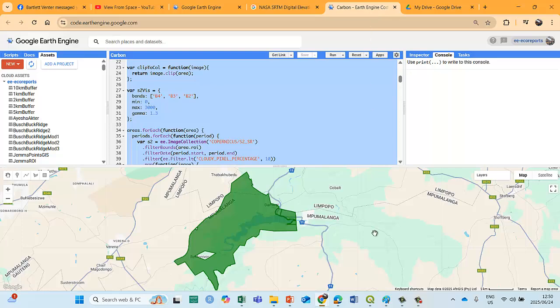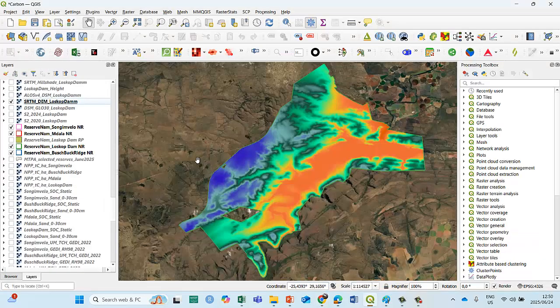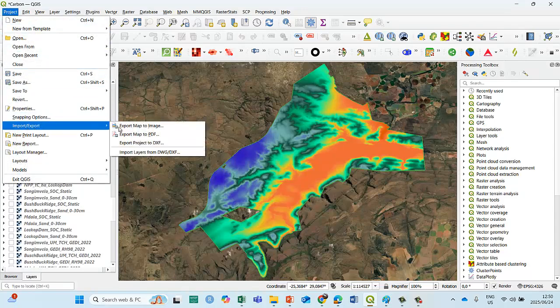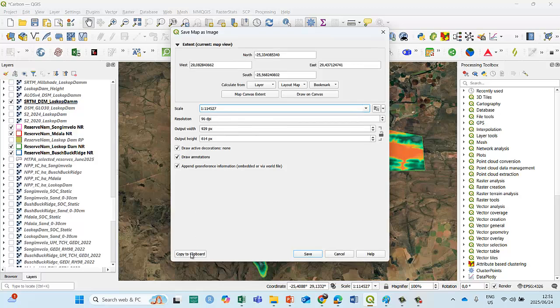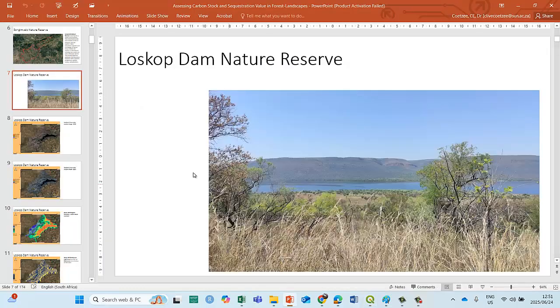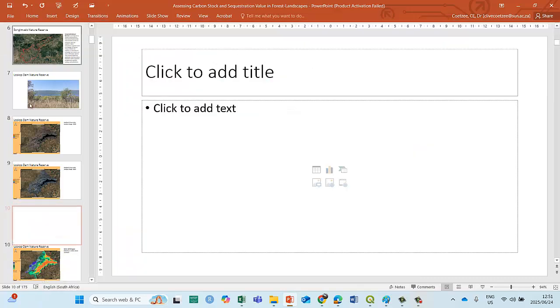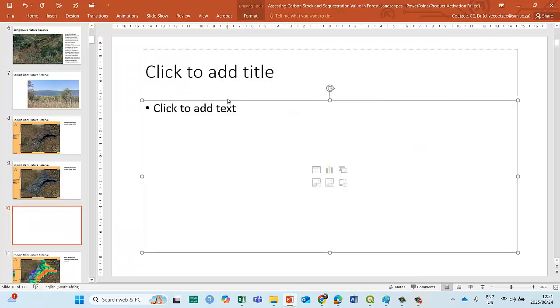Okay, so let's quickly go into my presentation and into QGIS. Obviously what I want to do is put this into my presentation. So I've got a choice. I can just copy this. I can go to Project, Import/Export, export image to an image, and I say copy to clipboard. Okay, and that will look something like, let's just quickly put a slide there. Let's just quickly delete it.